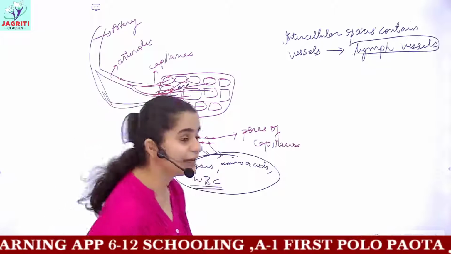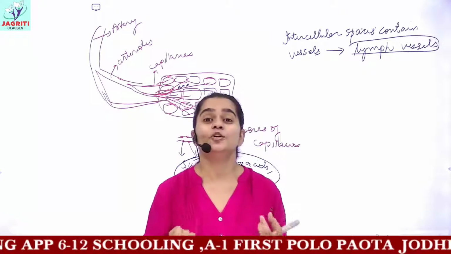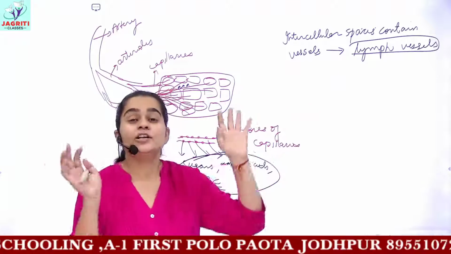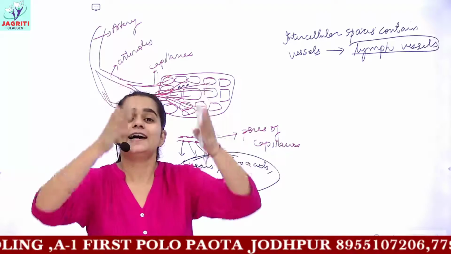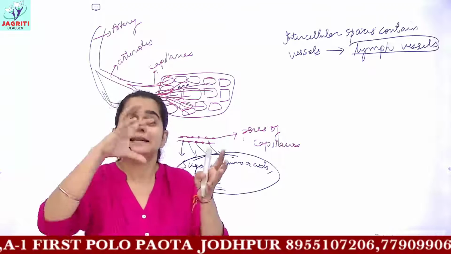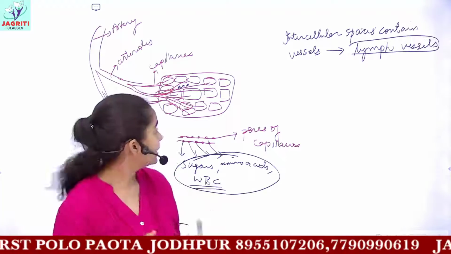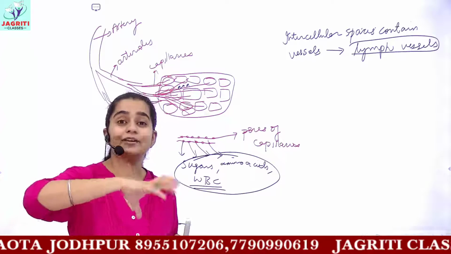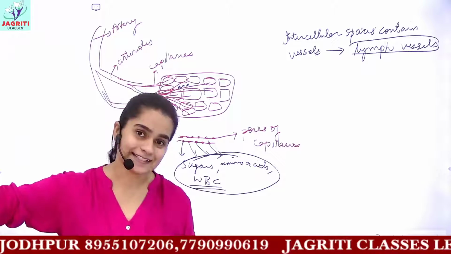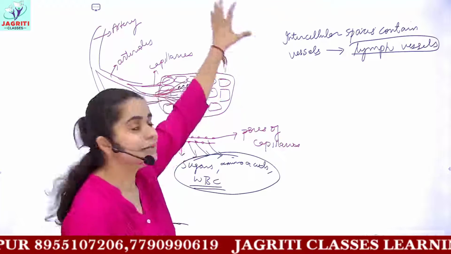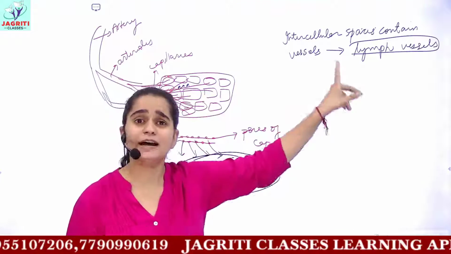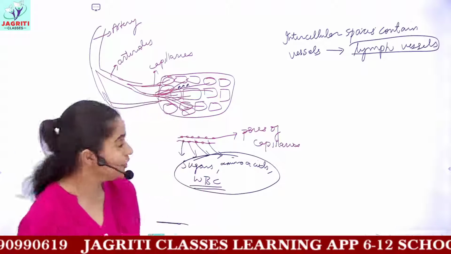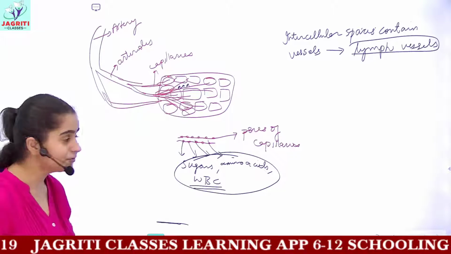So this is an idea. What do you mean by lymph? What do you mean by lymph vessels? All these small lymph vessels join together to form a large lymphatic vessel, and this lymphatic vessel connects to every cell and tissue. Then this lymphatic vessel joins to the veins, and from the veins the blood is transported again to the heart, and the same circulatory cycle continues on. So this is an idea about lymph.